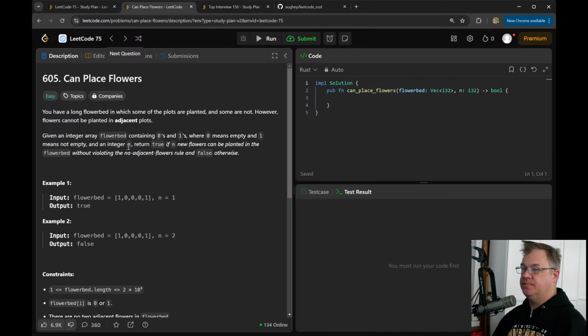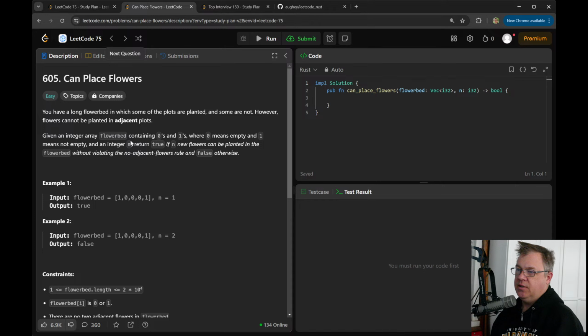Okay. Given an integer array flower bed containing ones and zeros, where ones means empty. Why do they not mean true? Or why are these not bools? 0 is empty, 1 is not empty.